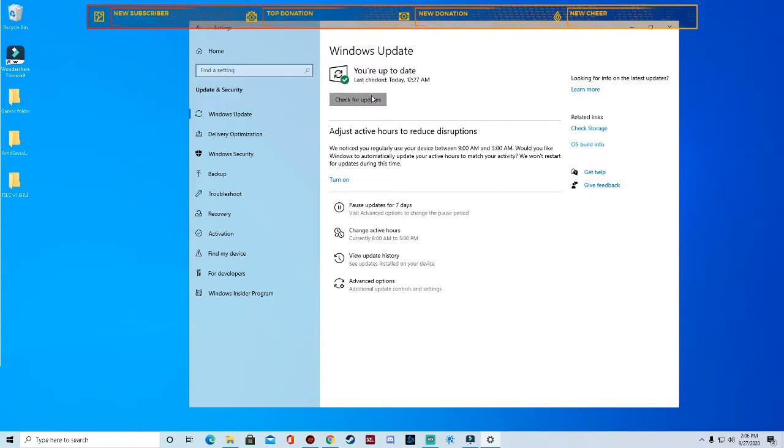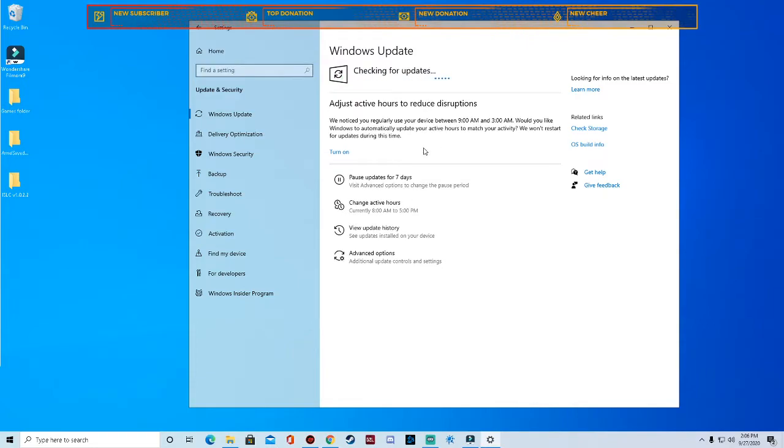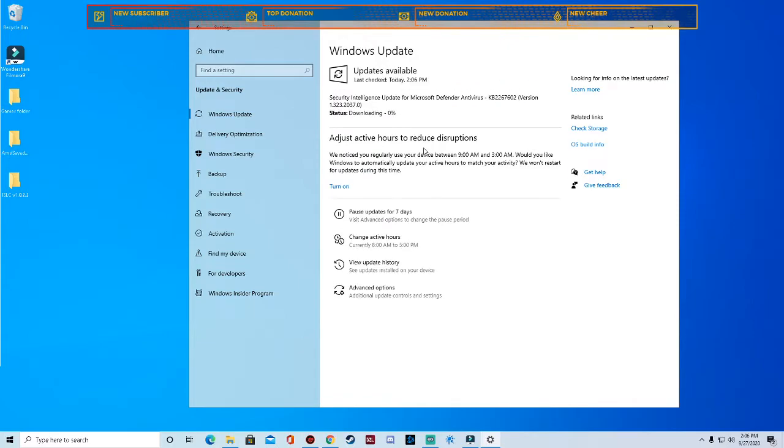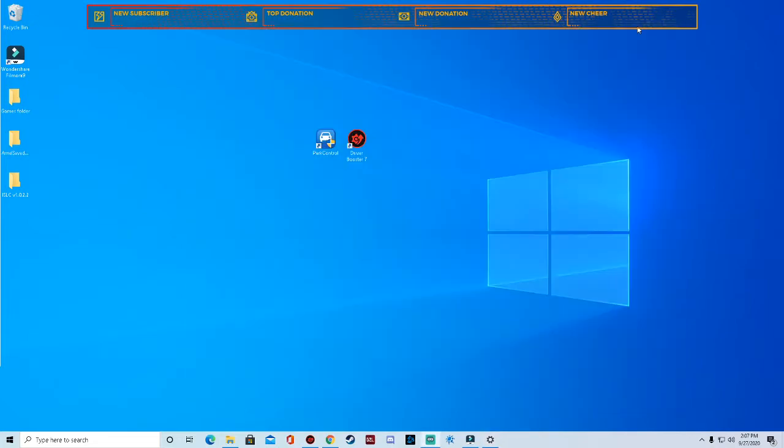First things first, you're going to check for updates, as always. You want to make sure your PC is running on the current Windows version. If there's anything that pops up in here, make sure you go ahead and apply it. Download it and install it. If it prompts you to restart your PC, don't restart it just yet. You can restart it after we finish everything. Right here, I've got one for Microsoft Defender antivirus. While that's downloading, once that finishes,